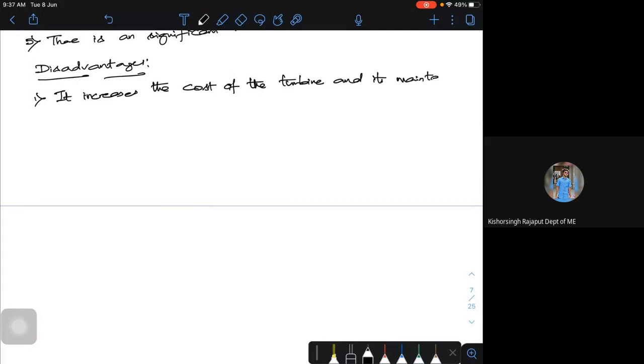This is the major disadvantage we could call from reheating. Okay, so when I speak of these things, reheating, how advantageous it is, how disadvantageous it is, this is what we can